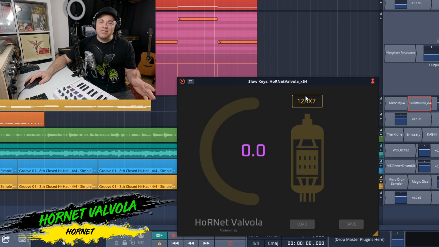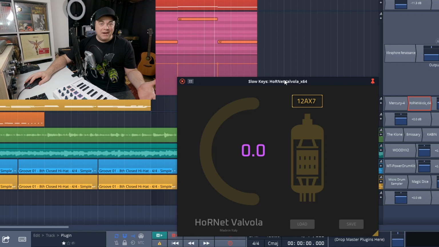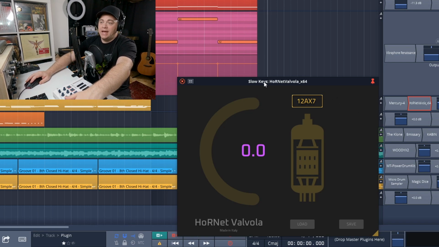This one is an emulation of an analog tube circuit. You can see you have several tubes that you can switch between, and it gives you the character of tube behavior. Now, this can be used to add an analog kind of sound to pretty much any sound, instrument, or anything that you want. So let's just check this out right now. And this is just with no settings. This is the default settings, and I'll show you on and off what it sounds like.